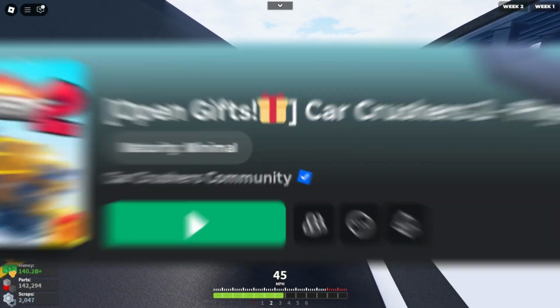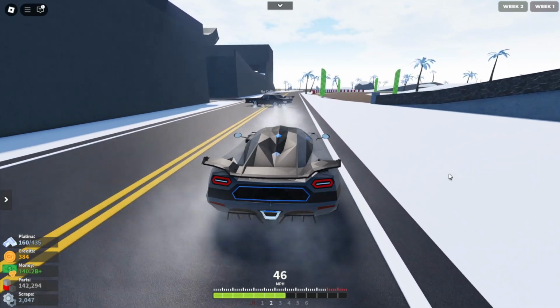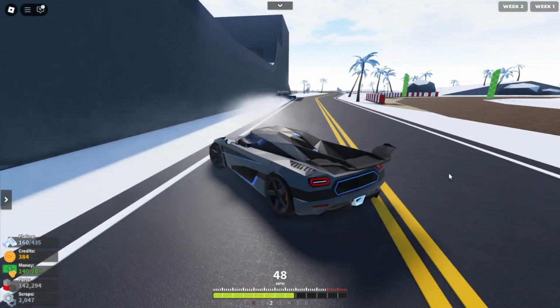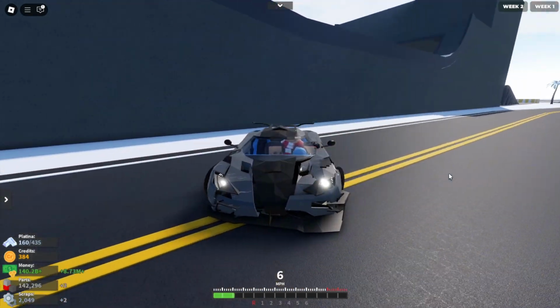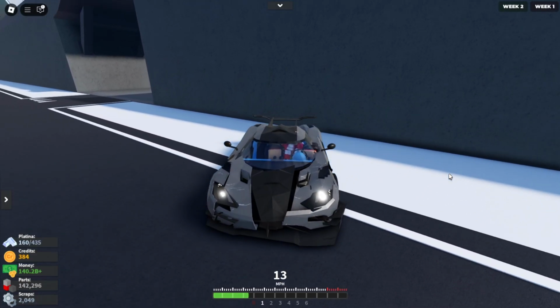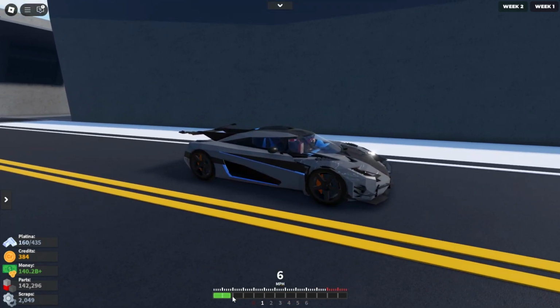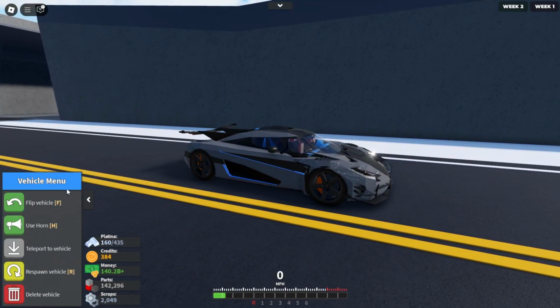Alright, so the next game is Car Crushers, and this is one game that can literally never get Koenigsegg licensing, and I think you can guess why. Since it's all about cars crashing, they probably wouldn't want to be in this game, so it's probably never going to be licensed, but it's not fair to check out the model with a smashed front, so